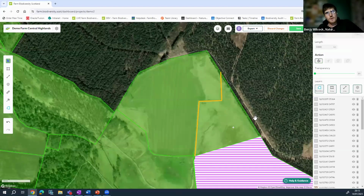So on the topic of white space that was brought up earlier, we've got a couple of ways that you can add that in. Firstly, you can just click on area and draw yourself a new area like that. And the other way is by using this tool, which we call the magic wand. And that works at a